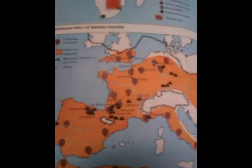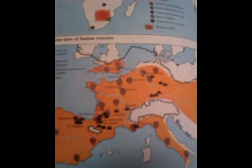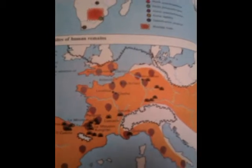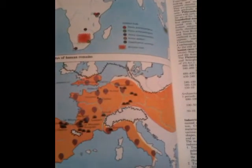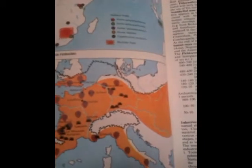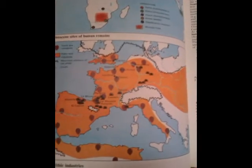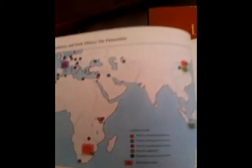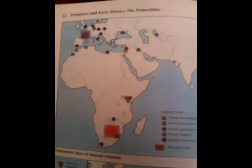It shows a map here of where they found different things in history, like hand axe industry, where they found different tools and stuff, flake tool, or the orange, and caves are the little humps. The brown things are the hand axe industries. I just think that's kind of neat where they found different things. And then up here is sites of human remains that they've found. So perhaps pockets of civilization, or not quite civilization, but...